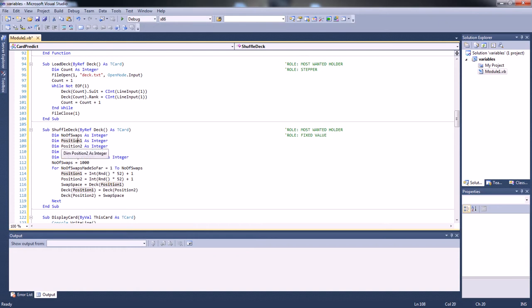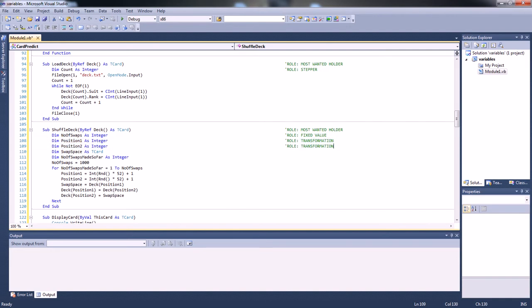Then we got position 1 and 2. They behave in the same way, they are used for the same things, they have the same row, and the row is transformation. Now if you remember, I said that variables that get their value from a fixed calculation will have fixed values, and that's exactly what we have over here. To fill in position 1, we have a fixed calculation. To fill in position 2, we have another fixed calculation. So both of them are transformation variables. Transformation. Now let me just copy and paste for the sake of efficiency,